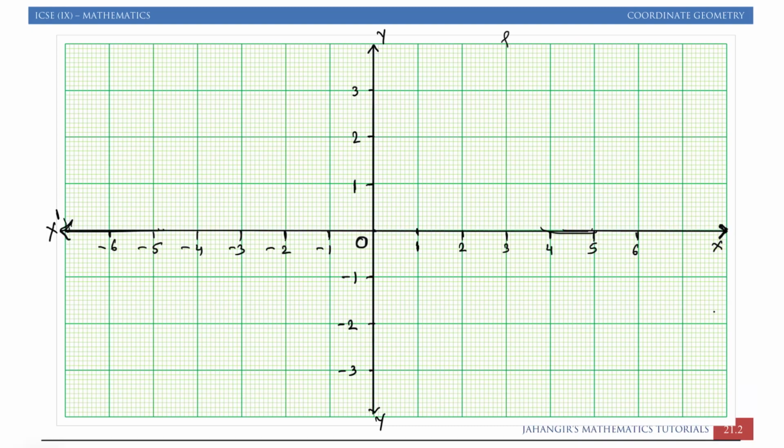And you have to write the scale on each graph. On the x-axis, if I am saying this, say on the graph 1 centimeter is equal to 1 unit. On the y-axis, we have taken 1 centimeter is equal to 1 unit. Hope this part is clear, how to draw the graph. We had already discussed this in the distance formula, but still I am explaining it over here.